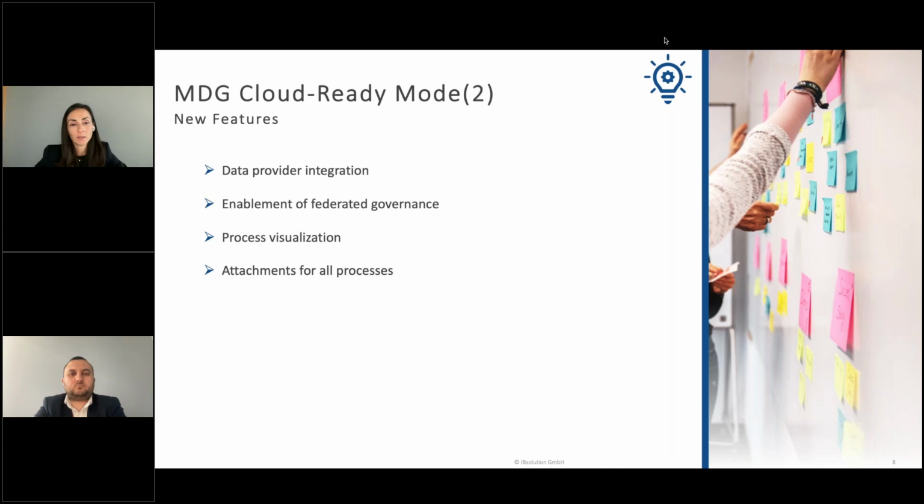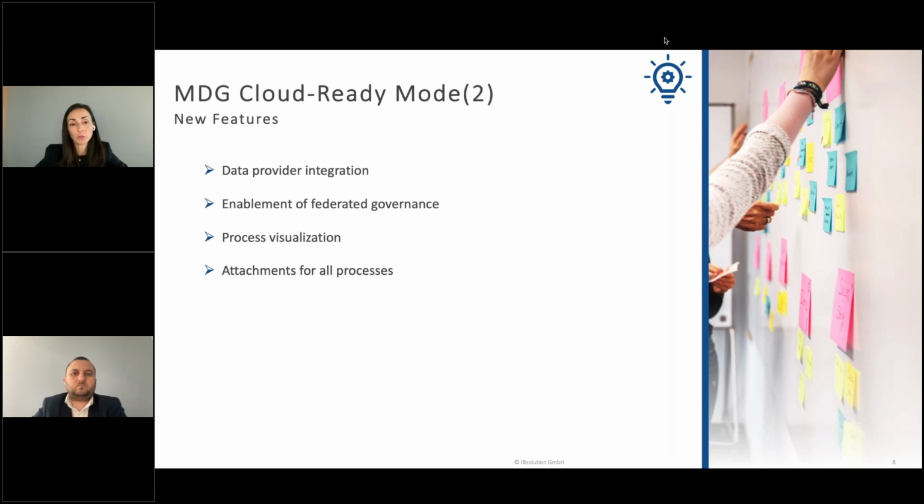And that's why MDG Cloud Ready Mode is coming with the option to move the governance of different objects to a local governance process, then send it back to the core data, and finally distribute it to systems. This is basically what the federated governance includes.